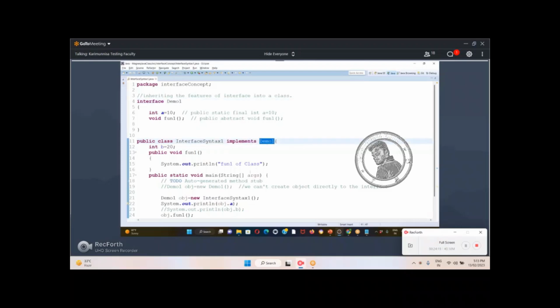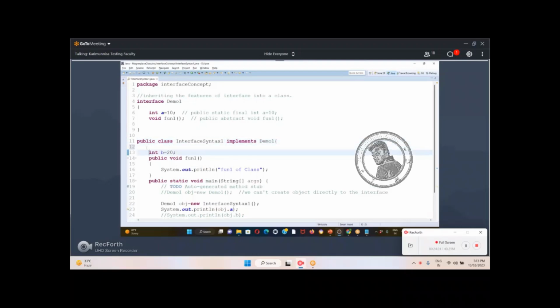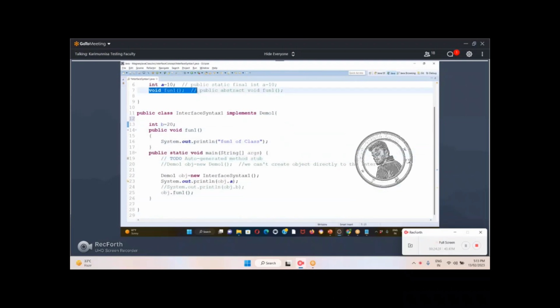Implements ani mention cheyali. Implements ani cheppi emi implement chestunnaru? Demo1 interface ki implementation provide chestunnaru ee class ani. And in this class, what I am keeping, one variable int b equals to 1020 annanu. And now ee abstract method ki